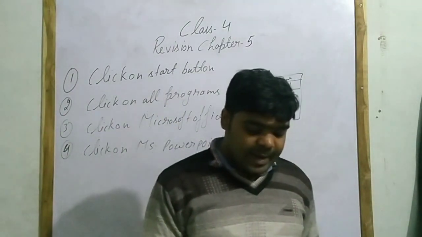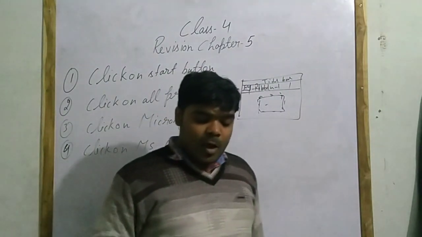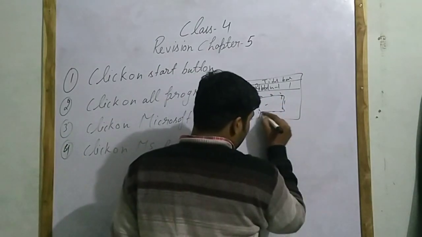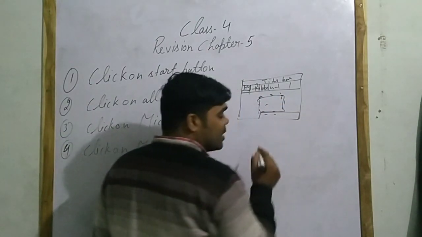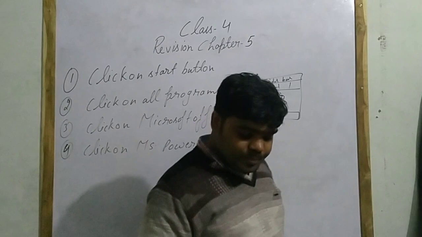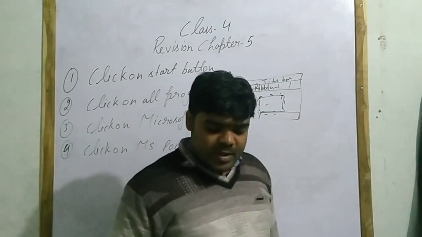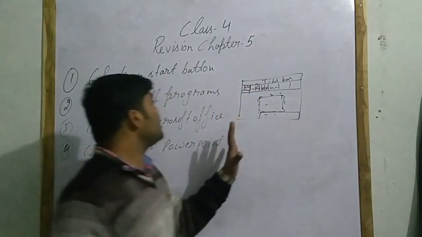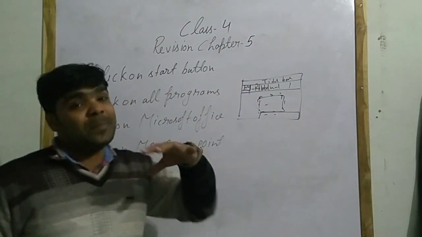Status bar is at the bottom of the PowerPoint window. It displays the slide number and total number. यहाँ पे bottom में रहता है और यहाँ पे slide number. After that, your view button, zoom in, zoom out. Many functions are given here. Now let us see all these topics in practical way.